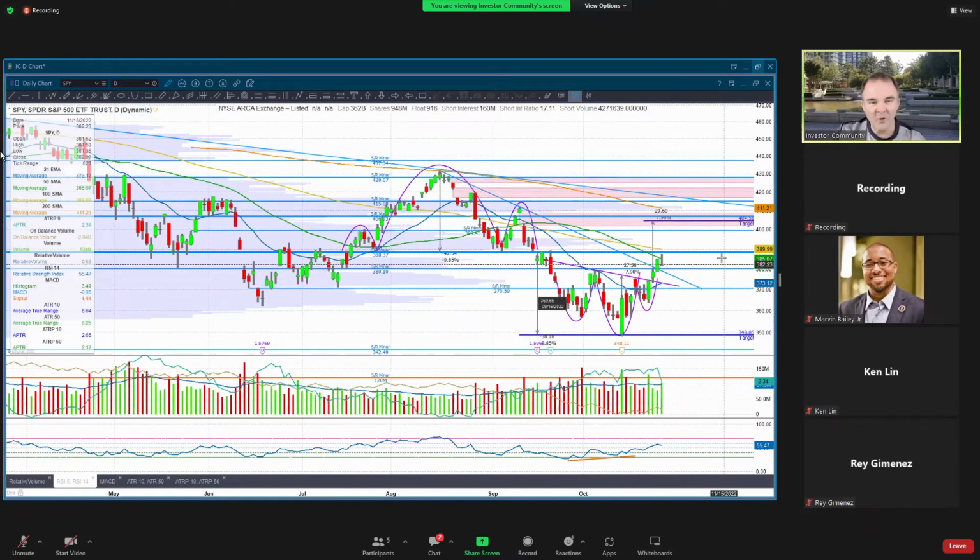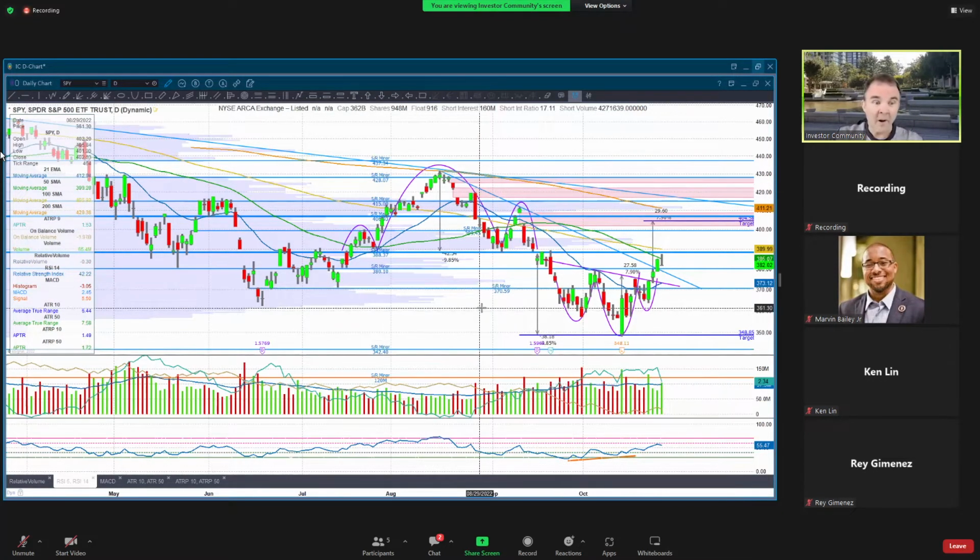And in doing that, we've created another head and shoulders, except this one is an inverse head and shoulders. Now, when we see an inverse head and shoulders in a downtrend, that is a reversal pattern. That could very well mean the end of the downtrend, or that's typically what it does mean, right? That's what we expect to see. We expect to see this go up from here.